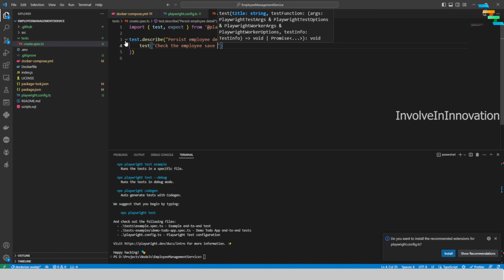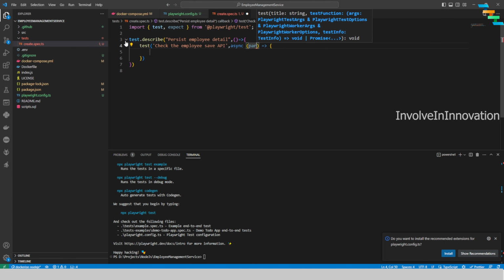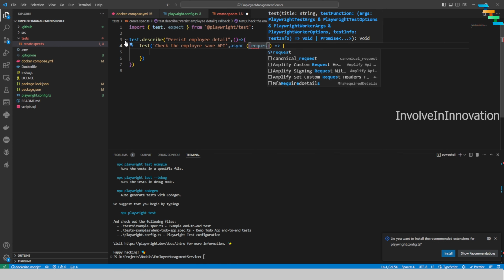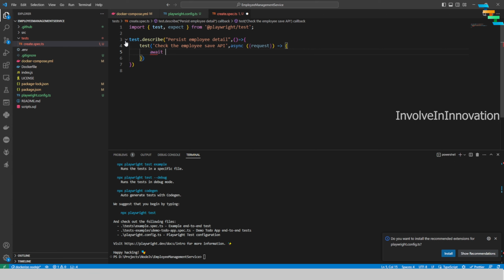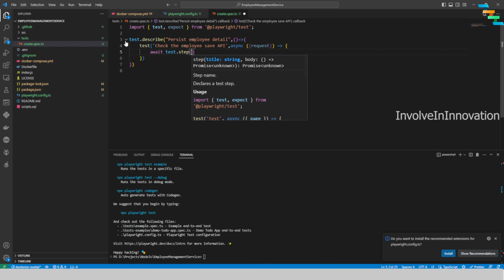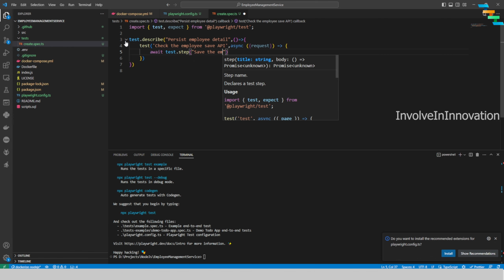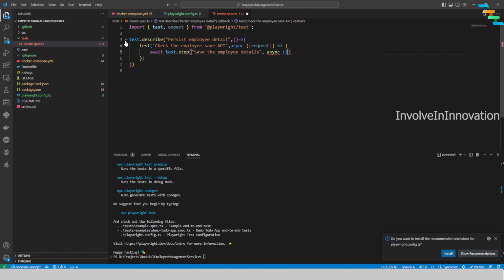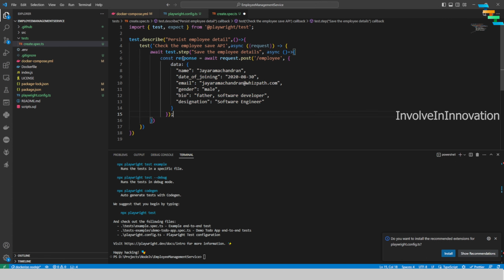and inside that I will give test, check the employee save API, and async, and this takes a function, so async, and here I will take only the request param. Here you can define your step, so await test.step, and this takes two parameters, one is a string and another one is a function. So the first is a string which you can define anything as you wish, save the employee details, and this is an async function. Here we can use this request to post or to get, and here I'm going to call